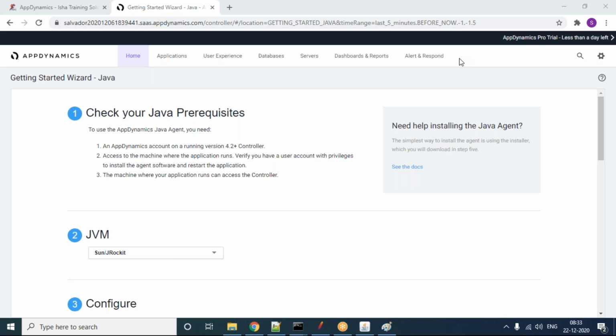Okay, now I would say the maximum customers are using... from a market share perspective, Dynatrace, AppDynamics, and New Relic are the maximum contributors. And apart from that, there are open source APM tools like Pinpoint and Elastic. Actually, the name is Elasticsearch. So these are there in the market, but these open source